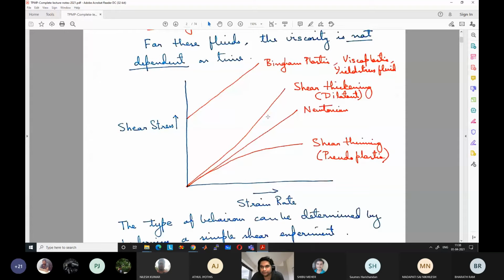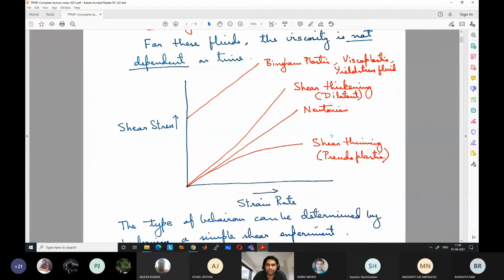So why this name, shear thinning and shear thickening? Shear thinning means that if more and more strain is occurring, more shear is given to the fluid, it is becoming thinner and thinner. If you consider an apparent viscosity, the viscosity is becoming less and less. It is becoming thinner and thinner, like warm honey. Cold honey is very heavy, but warm honey is very thin. Cold honey is very viscous, warm honey is very thin, with very low viscosity. Although honey is a Newtonian fluid, the same thing you can consider with respect to stress. If the stress is high, the fluid becomes very thin. So that's why it is known as shear thinning.